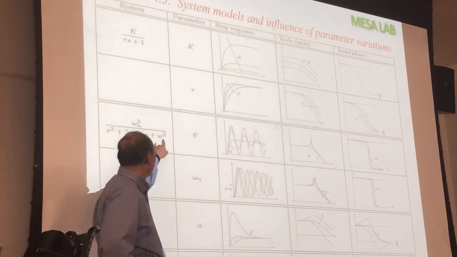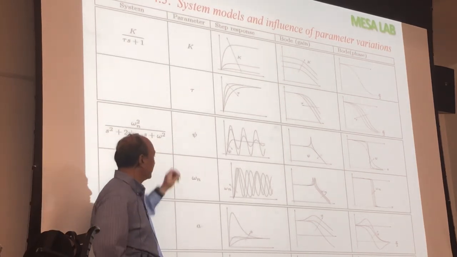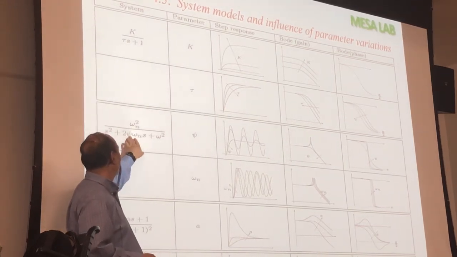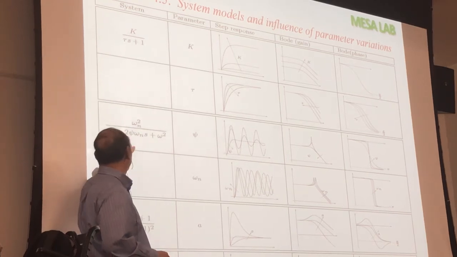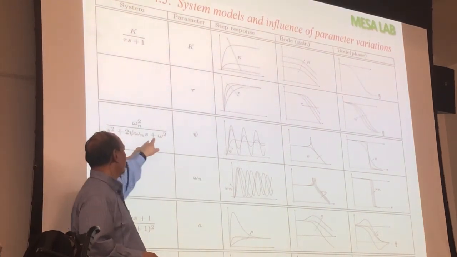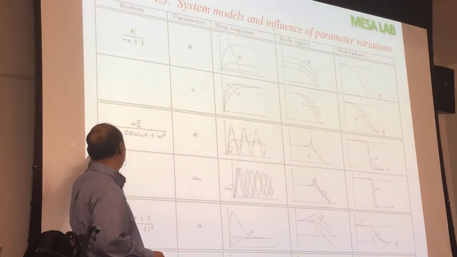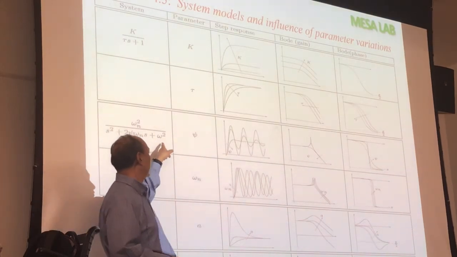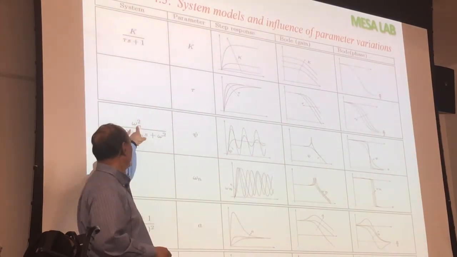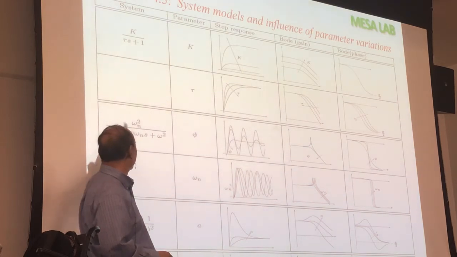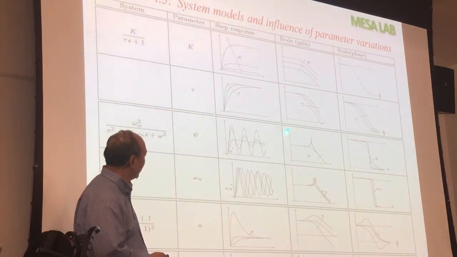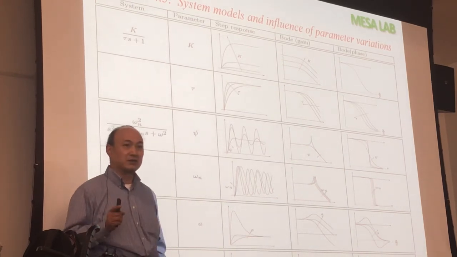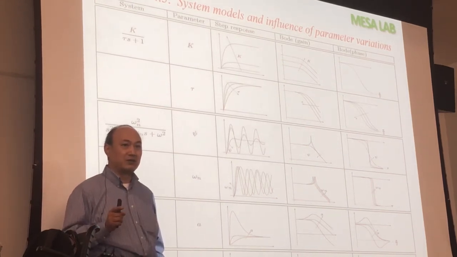All right. I think this mistake here should be omega n. So imagine that when phi is 0, we don't have this term. We have s squared and omega n squared. What if my s is j omega? Then it will be minus omega squared plus omega n squared. So when omega is omega n, there is something divided by 0 here. Then that magnitude will go to infinity. This is called the resonance peak. That's why we have resonance.